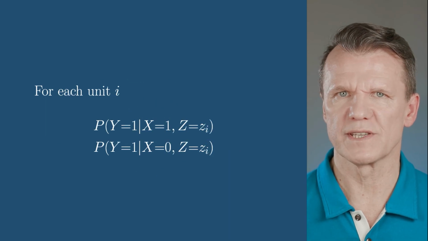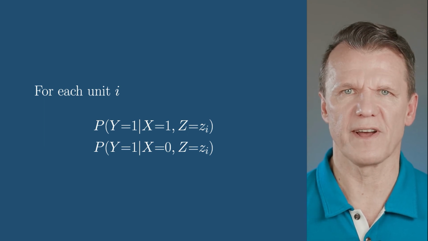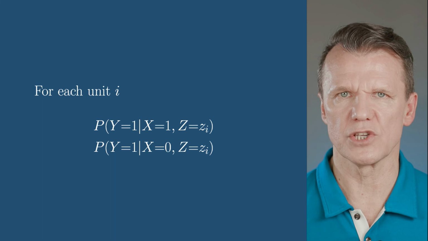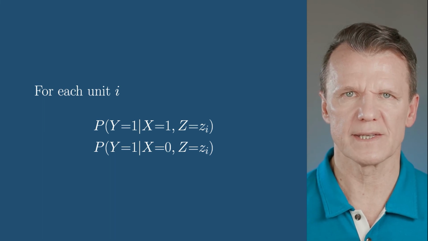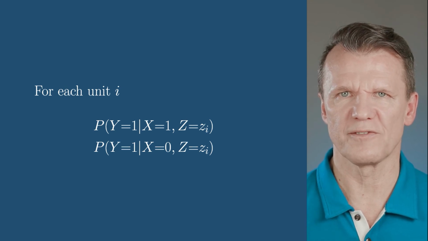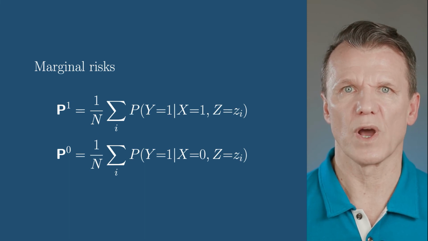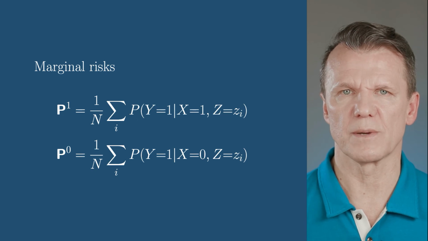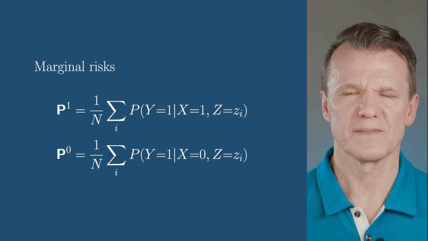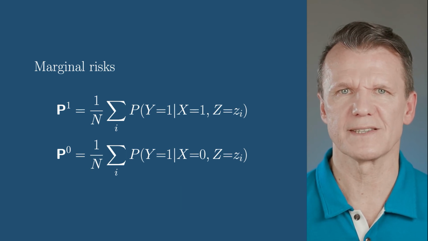Now let's fit a model with two variables. One is treatment x, the other represents pretreatment factors. For each unit i, we calculate the conditional risk twice, when x is 0 and when it's 1. We keep zi fixed at their observed values. We then find marginal risk by averaging conditional risks. We average over z values in the entire study population, and we do it twice, separately for each value of x. As a result, we obtain two marginal risks with and without treatment. Of course, we assume the distribution of z represents the population.